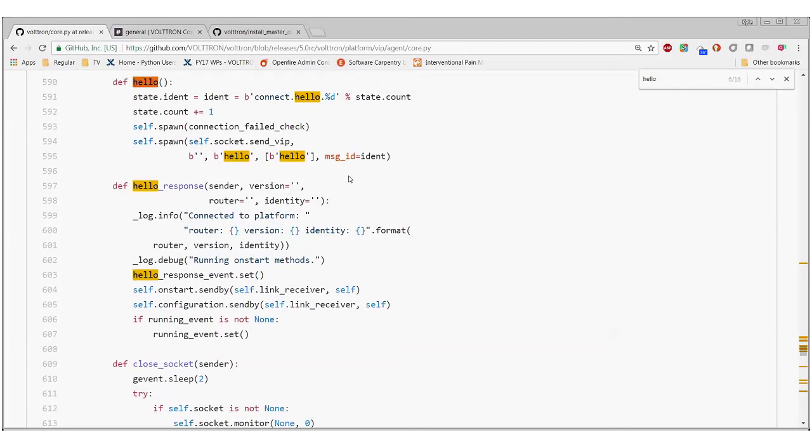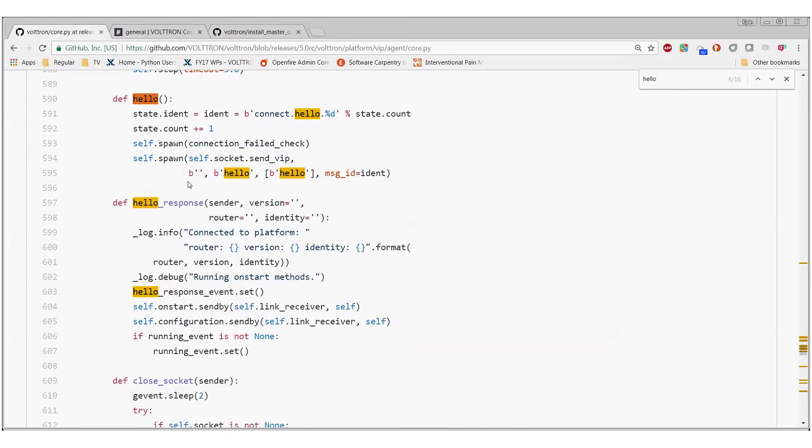So we set up the hello response that will get called when the response to our hello message returns, and then we trigger the hello response event, which says, okay, we've started successfully. We have a connection to the platform. Everything's copacetic. We can continue. We call our on start. This is where the on start event gets triggered. So all the on start methods that are hooked up in our agent get called,